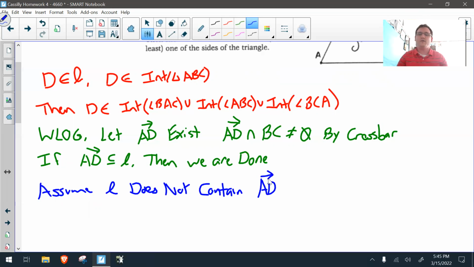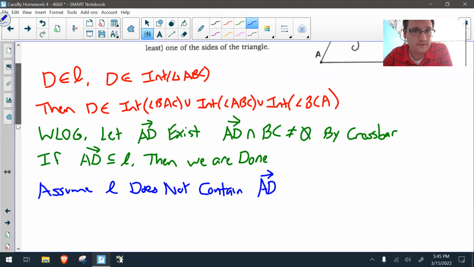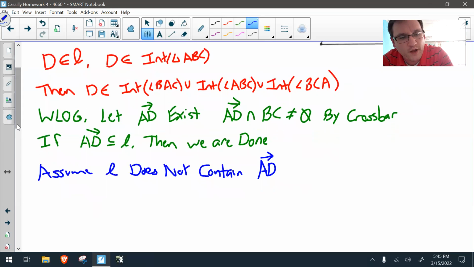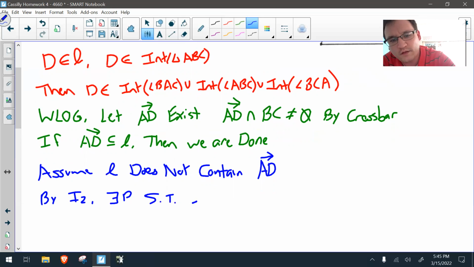Okay, now we have to think about this. So if L does not contain AD, we have two things that are going to happen. By I2, the second incidence axiom, we know there exists a point P such that L equals, we're going to say, D